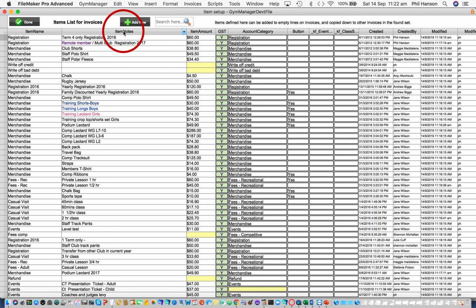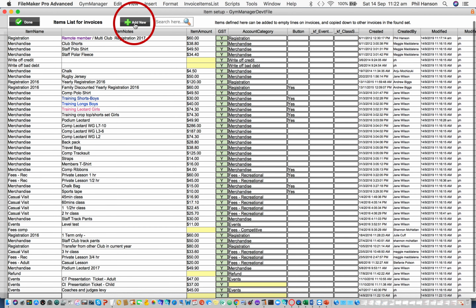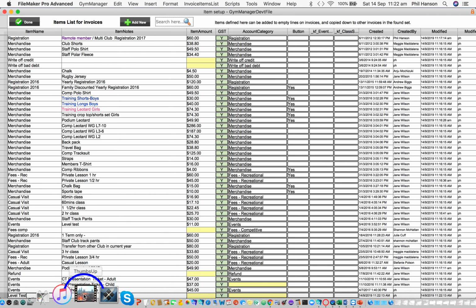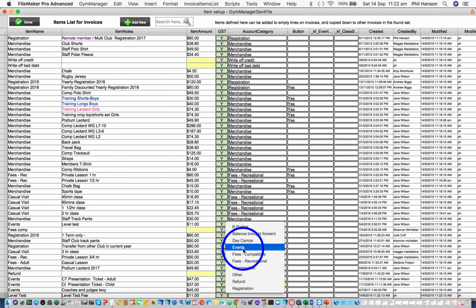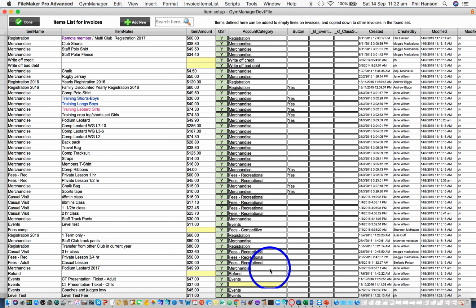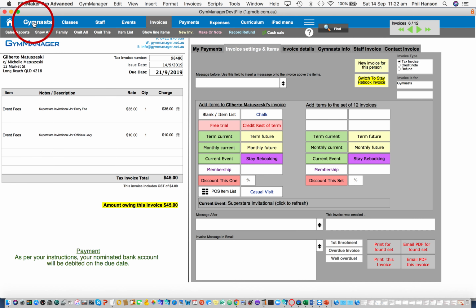So if we go item list, add new, I'm going to call it level test, and level test fee is going to be $11, comes under the account category events, and I want it to appear on my little point of sale popover. Right, so if I want to add the level test to everybody,